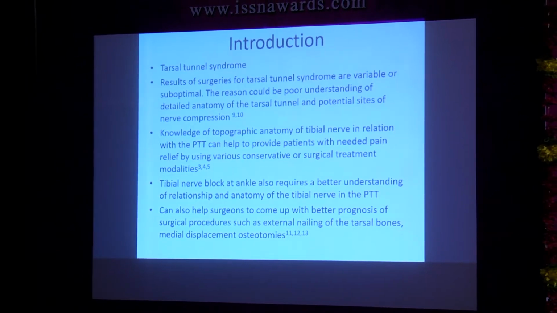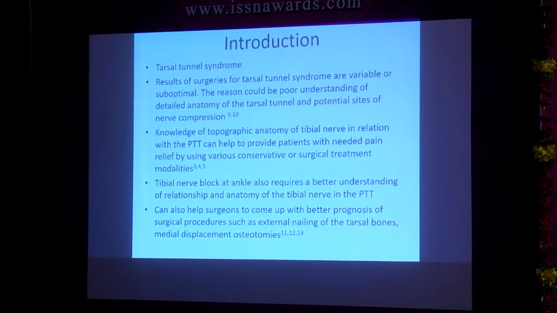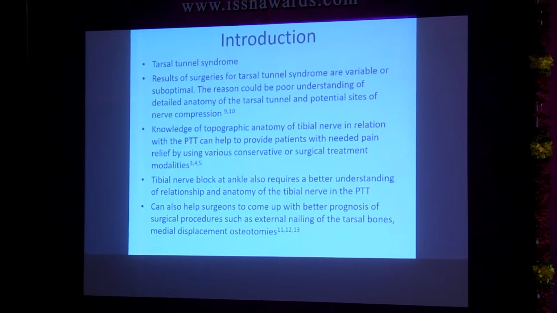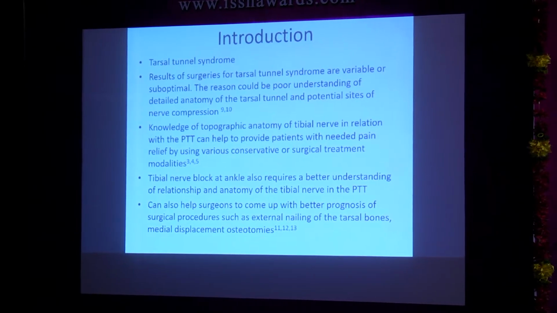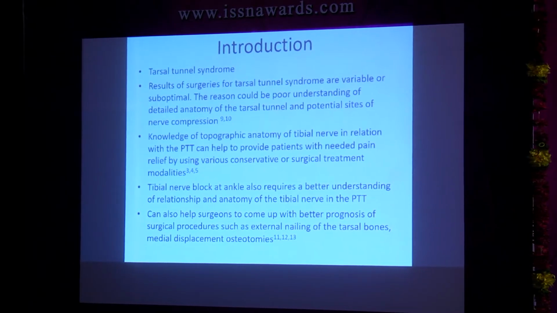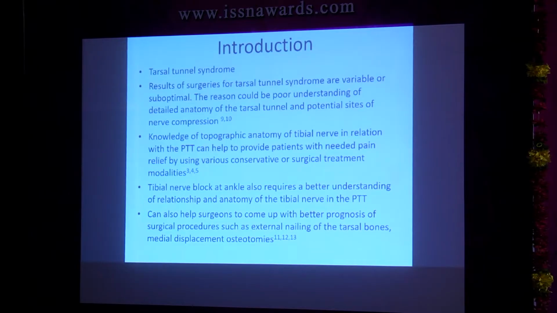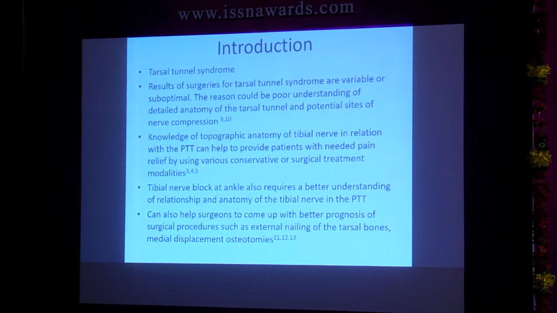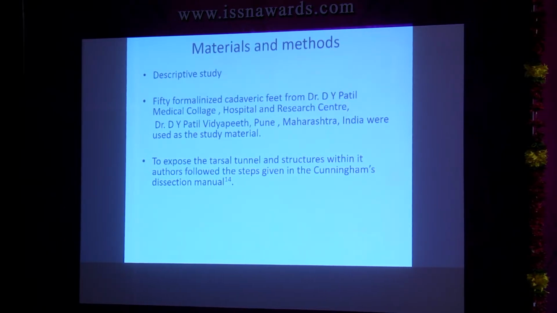There are some bones in our foot called tarsal bones. This nerve passes on the medial side of these bones, in relation with one very tough septum called the flexor retinaculum. So the nerve passes between these two structures along with some tendons of some muscles. It's a very small tunnel through which all these structures pass. Even for the anesthetist to give a tibial nerve block, it's necessary to know the precise anatomy of the tibial nerve division at this level.